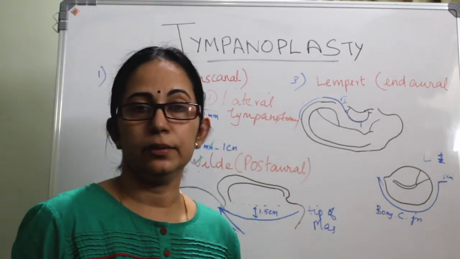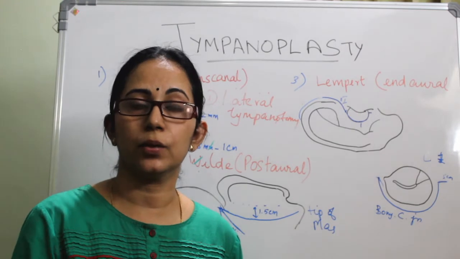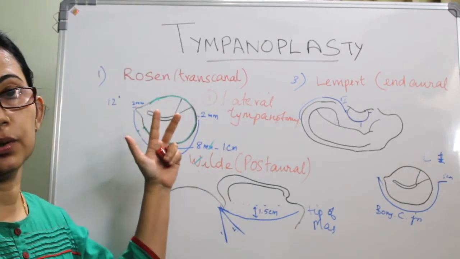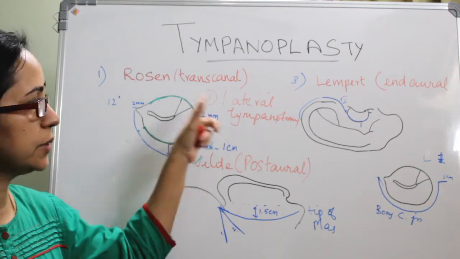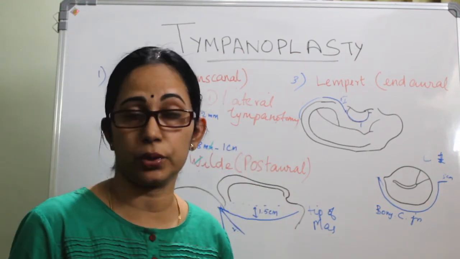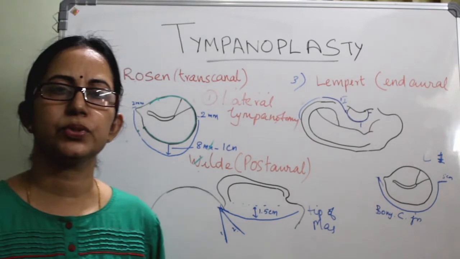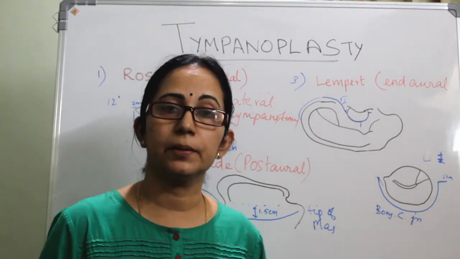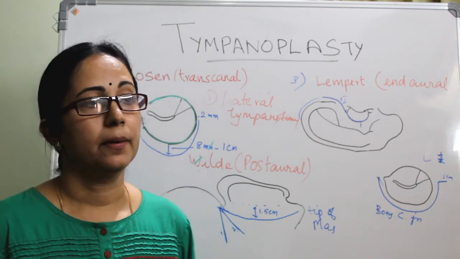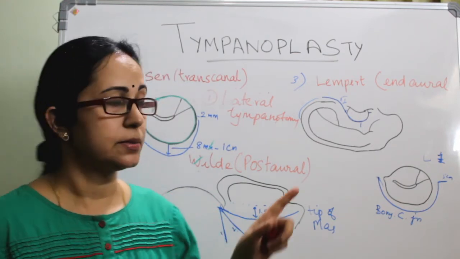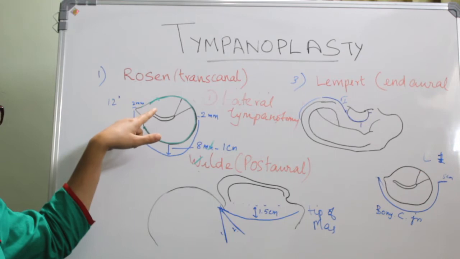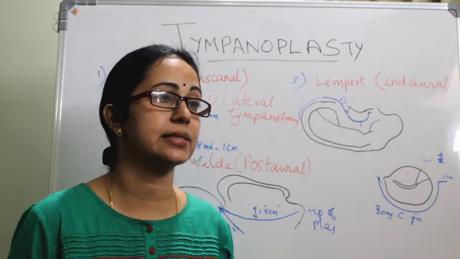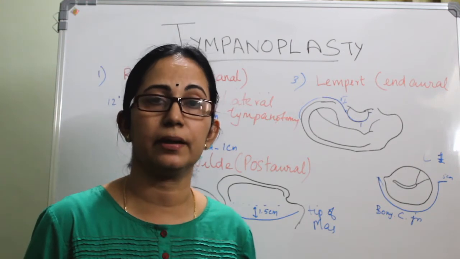Tympanotomy: tympanum, otomy, opening. You are making an opening or entry into the middle ear from the lateral wall. The lateral wall is the tympanic membrane. So it is a lateral tympanotomy approach, or the permeatal approach. The approach is more suitable for surgeries of the tympanic membrane and on the mesotympanum. That is mainly tympanic membrane perforation, or surgeries on the stapes, ossicular reconstruction, perilymph fistula repair, like that.